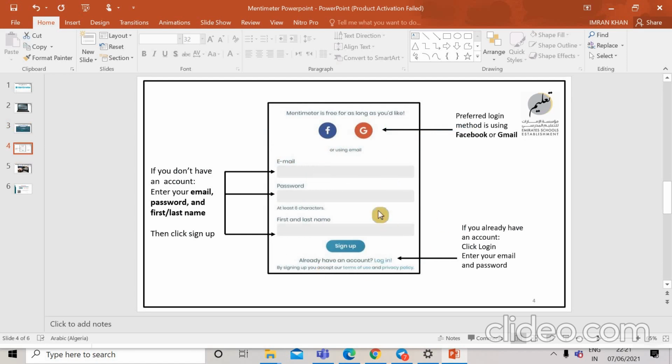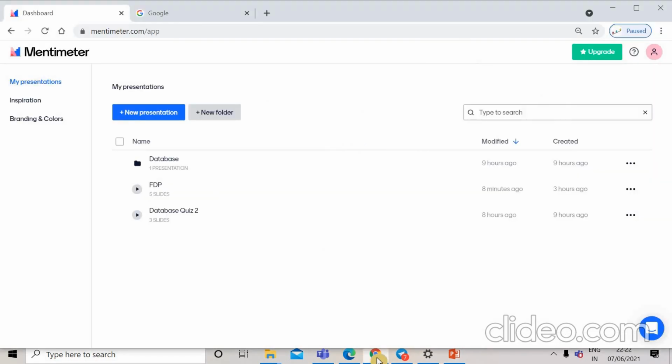Either you can create a fresh account by clicking sign up, or if you have a Gmail account, then you can also log in with your Gmail account or your Facebook account. Once you are able to log in, then this screen will appear. If you have an account, it looks like this.